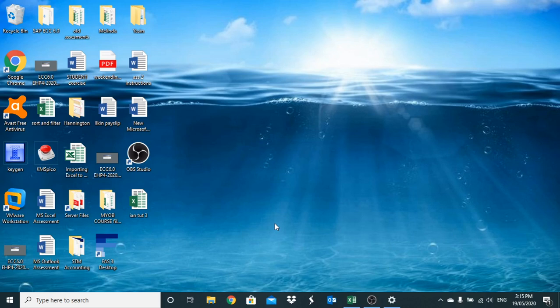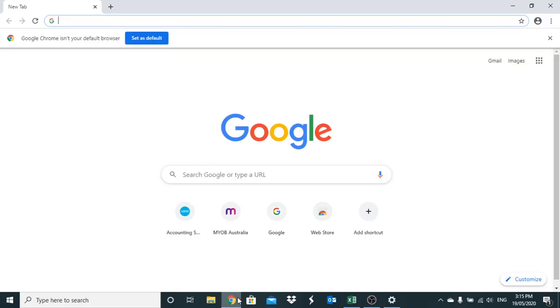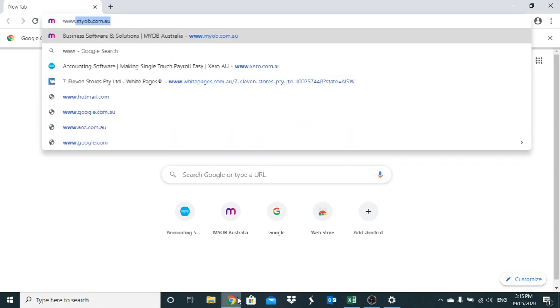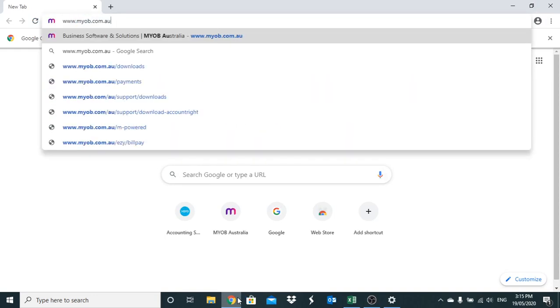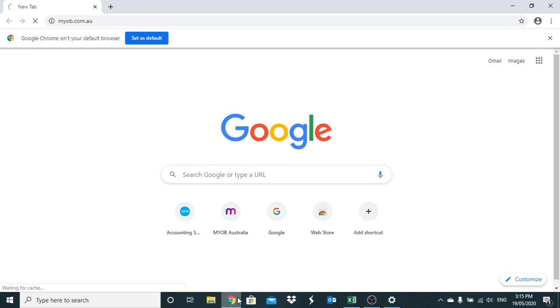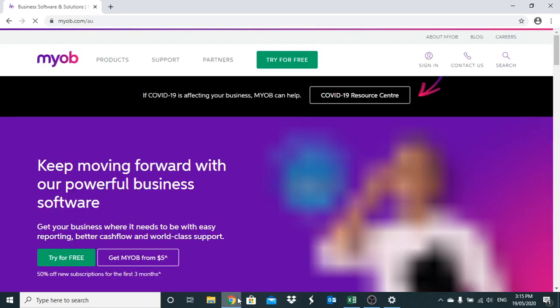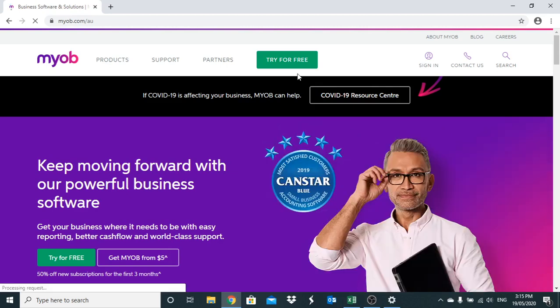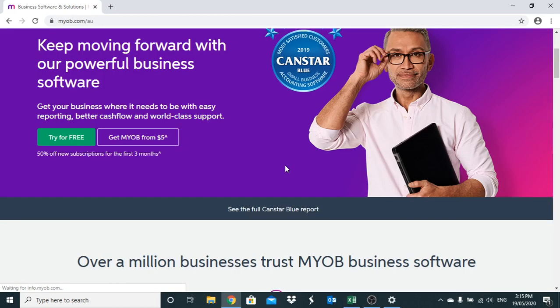So I'll ask people to first of all go into the internet, go into one of your browsers as follows and type in MYOB's website details, myob.com.au. Now, don't click on this one here, try for free, because this gives you the essentials, MYOB Essentials software, which is the very basic one, which doesn't have employees or inventory. So don't click on this, scroll down the page,